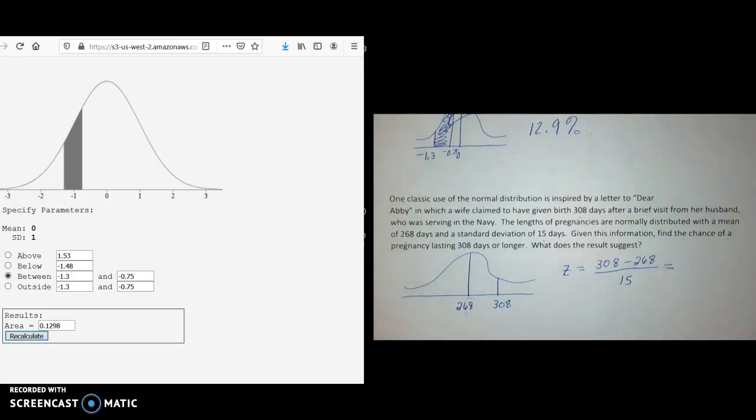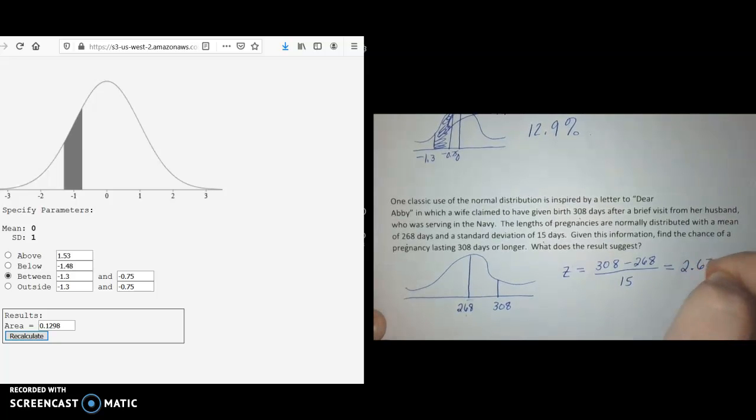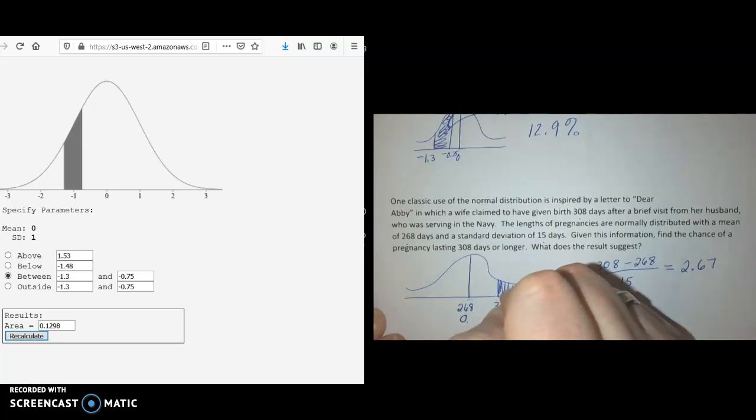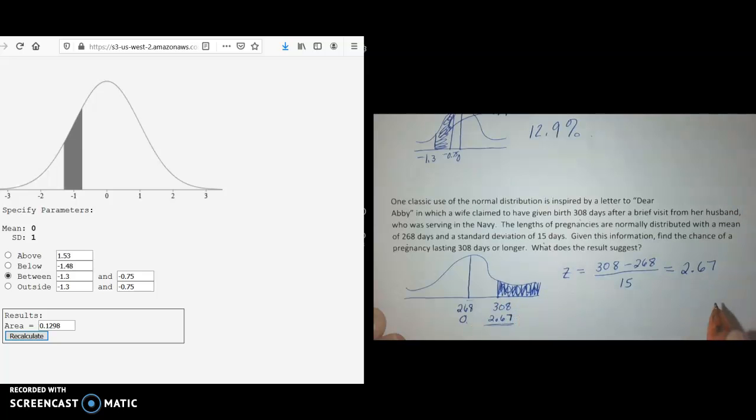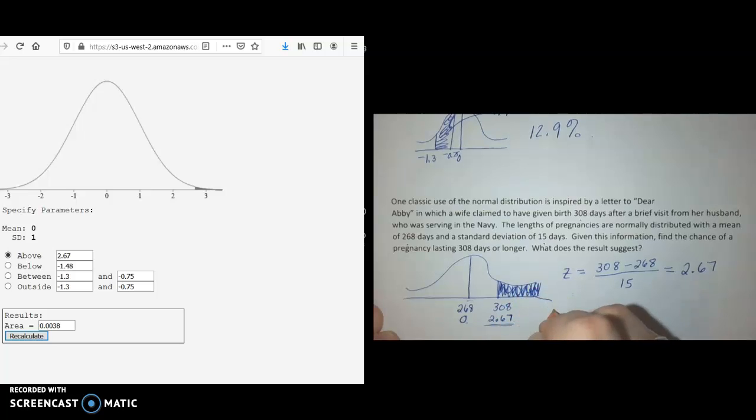So when I do that, I'm going to get 2.67. So if this is 0 for the standard normal curve, then this becomes the z-score, 2.67. So what I want to do is find the area under the curve above 308, okay? Which is the z-score, 2.67. So I'm going to say above 2.67, and when I hit recalculate, that gives me an area of